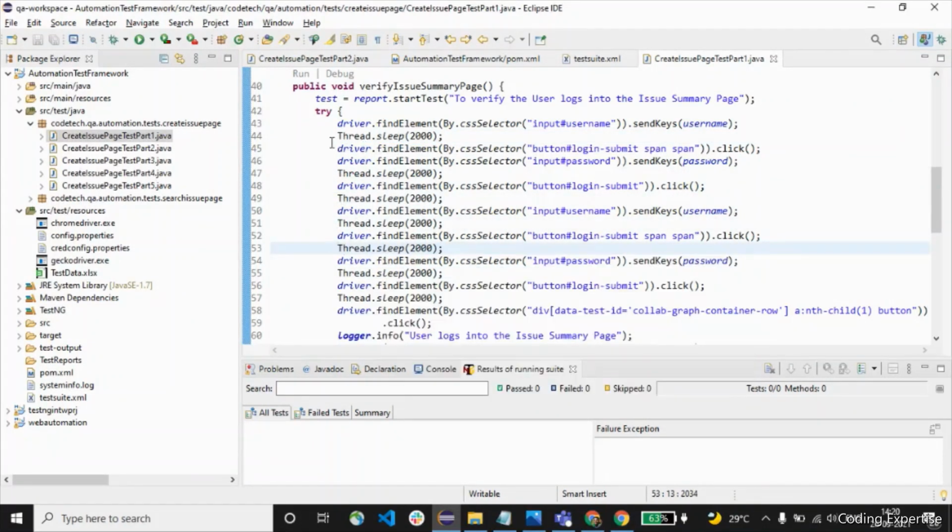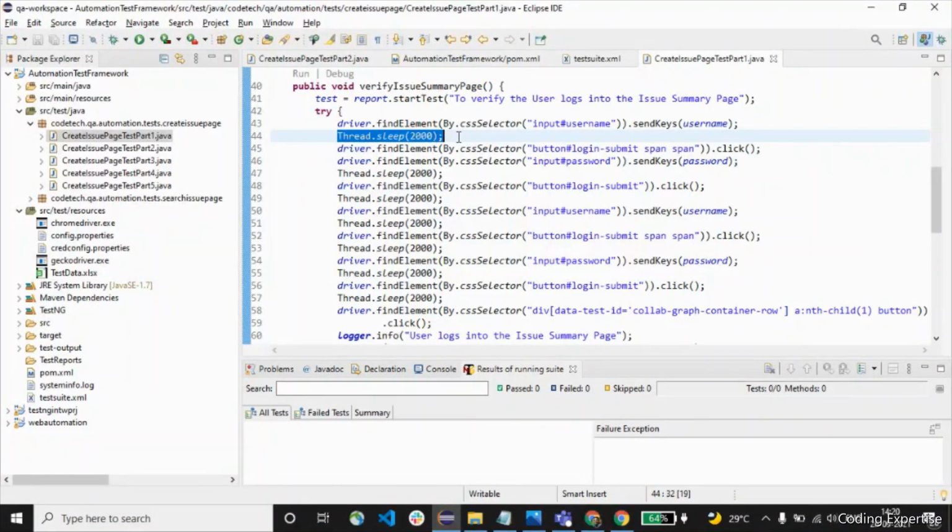So what is the purpose of this particular Thread.sleep? What it does is it makes the system wait for a particular period of time before it performs any operations. Ideally, you could see here it has to click this particular element, right? So we have explicitly used a Thread.sleep to make the system wait. So this reduces the performance. So in order to replace this Thread.sleep, the best solution is explicit waits.